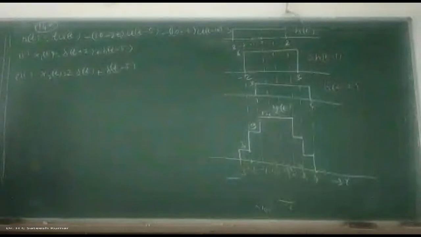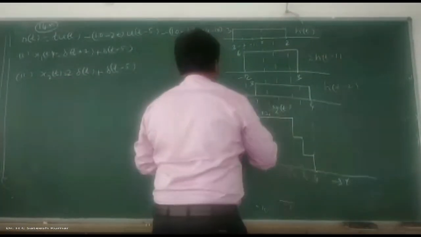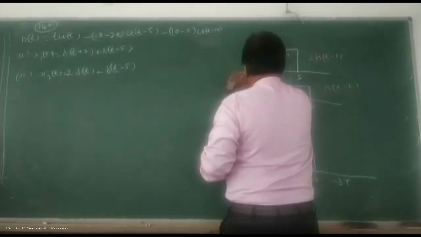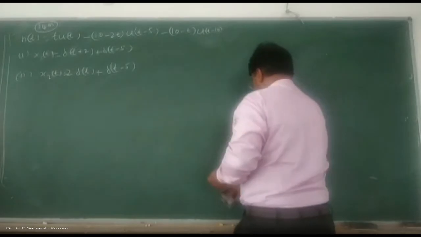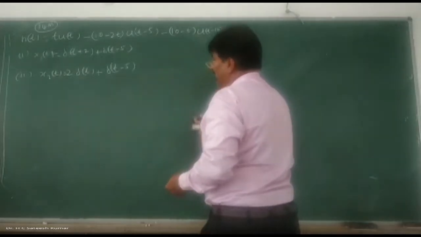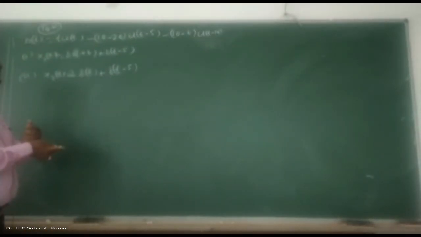Why it looks difficult is that generally the signal will be given directly in terms of values, but here he has given it in terms of step functions multiplied by t, that means it becomes a ramp. So a step multiplied by t becomes a ramp. So how to do this one? First is sketching, you understand. Later on I can go for the problem. The rest is very simple, only sketching is a little bit difficult.